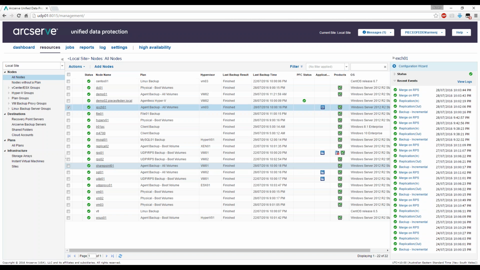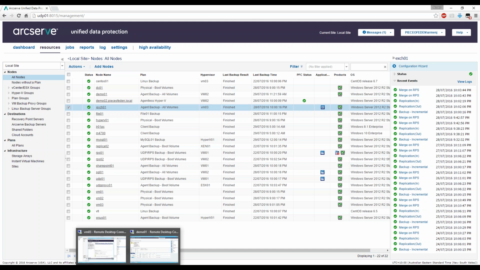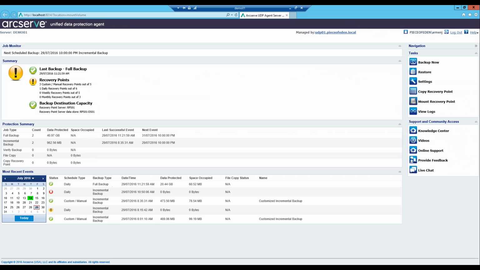To do an Exchange Granular Restore, first of all, what we need to do is mount the recovery point to a server that contains the Exchange database, the EDB file. And the good news is it doesn't have to be the Exchange server itself, but you can use a different machine to do this. I'm going to go back to my Demo 01 box,